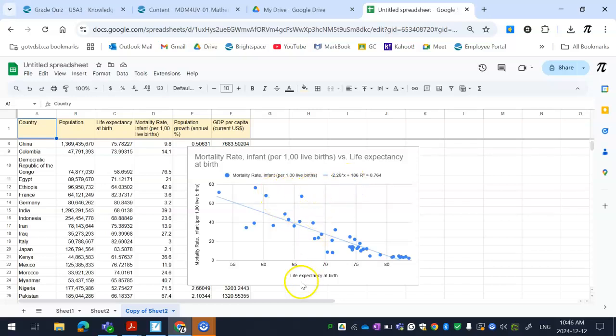What this means is, when you look at the line of best fit, a lot of things won't make sense, okay? But what this is saying is, if I have a life expectancy of 0, I'd have a mortality rate of 186. Now, that obviously makes no sense. You can't have a 100% mortality rate, right? Or 186% mortality rate. But that's what this means, is this line was extended. This stops at 55 and goes to 50. If this went all the way to 0, then I would have